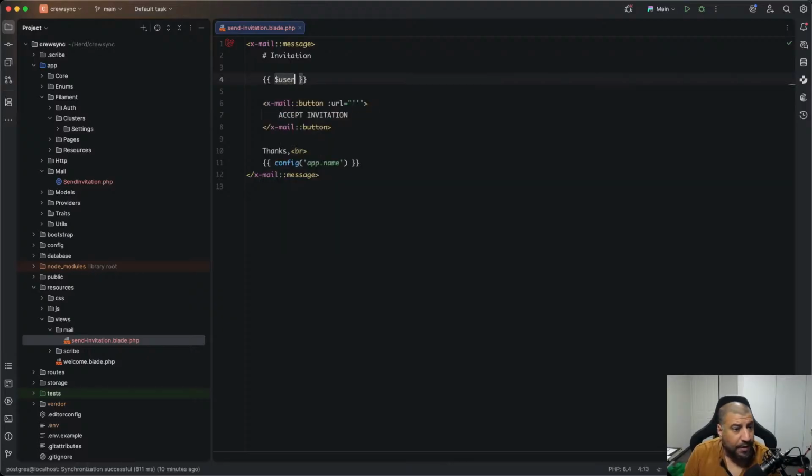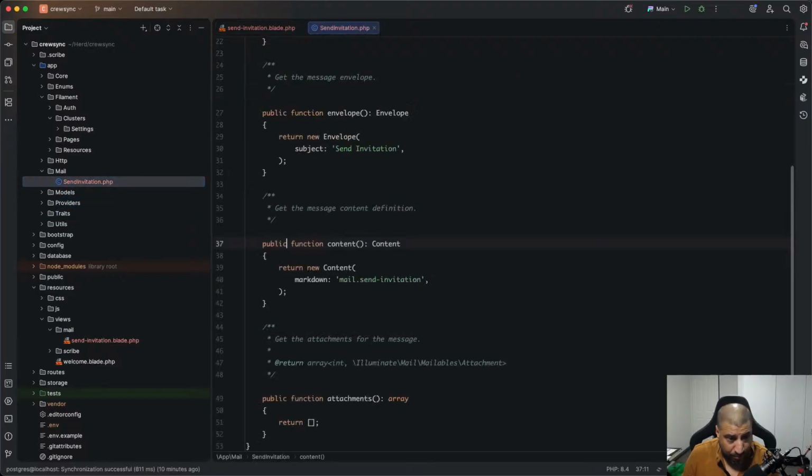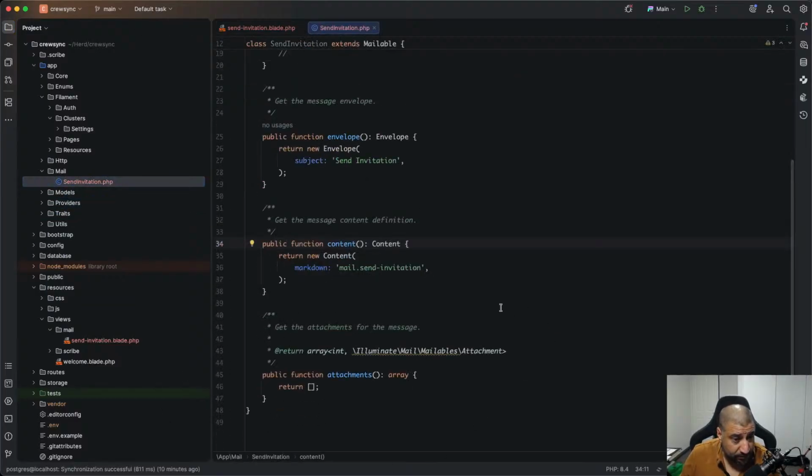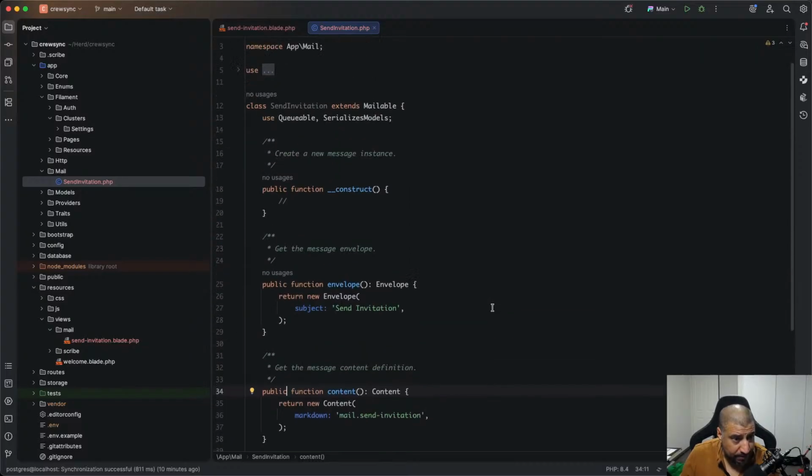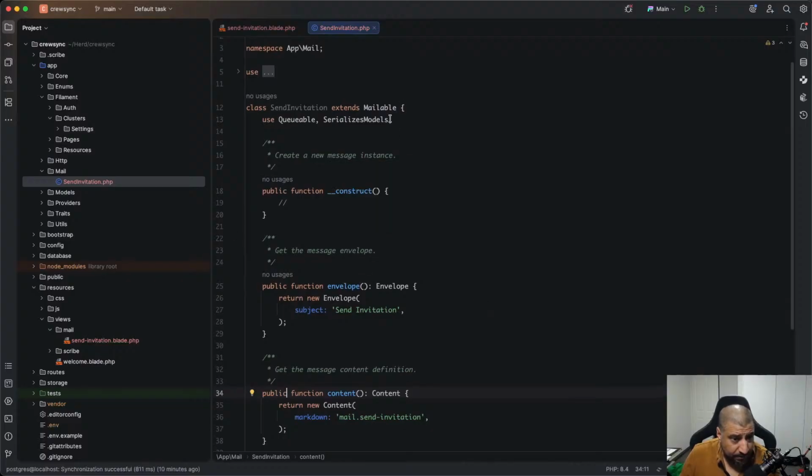So I would say user has invited you to join app name, and the URL here will be of URL. All right, which means here we need to grab, there is no attachment, and with